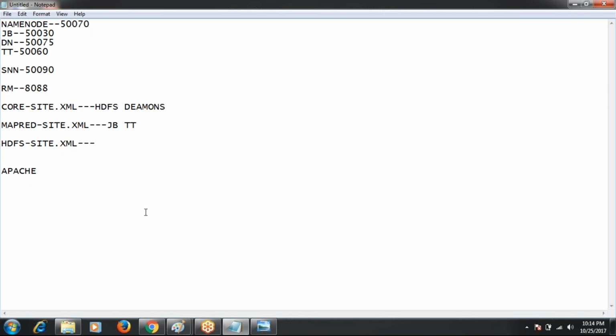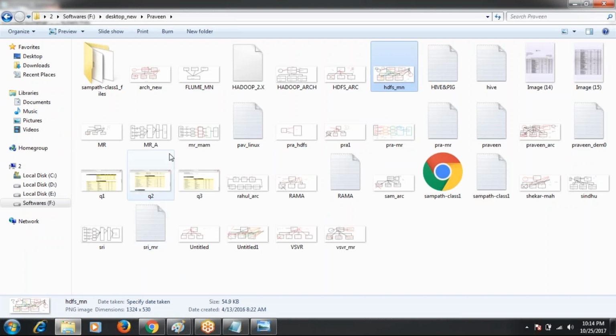I have a documentation for the Hadoop single node cluster setup using Apache. We'll go to the document first, then we'll start the installation.